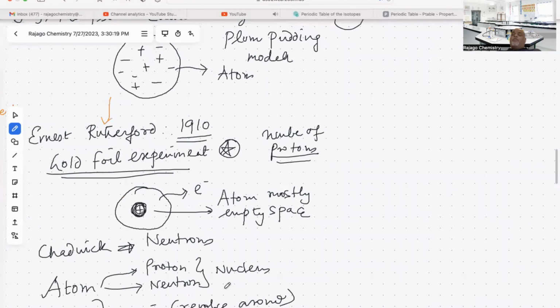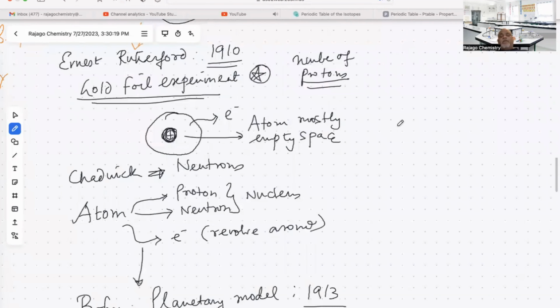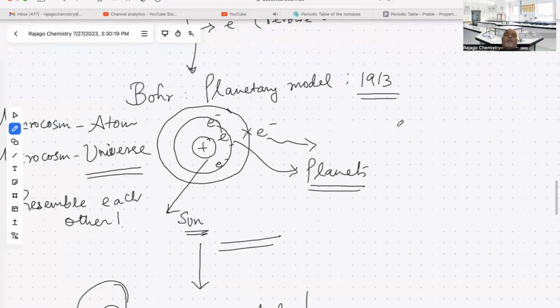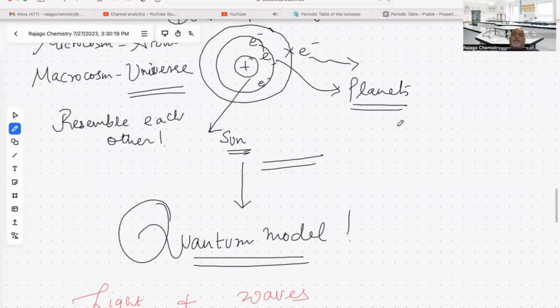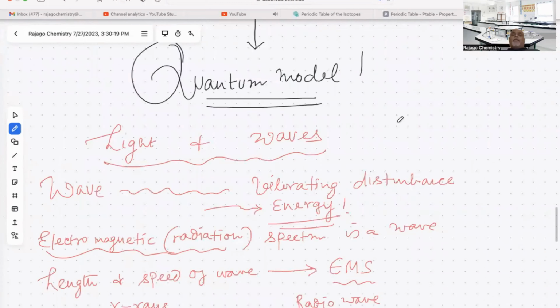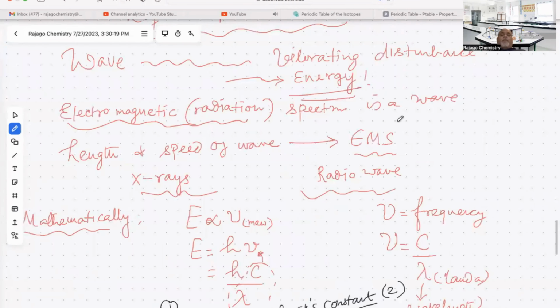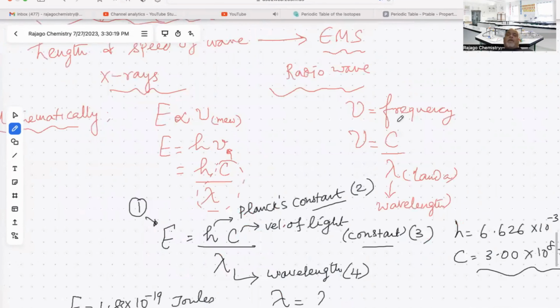The cathode ray tube is very important. Okay, the cathode ray experiment is very important. The gold foil experiment is very important. And then the Bohr planetary model is very important. You should be aware of this. Okay, and then you have to be aware of the most important formula, how these